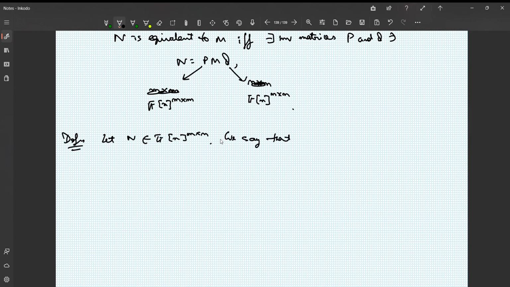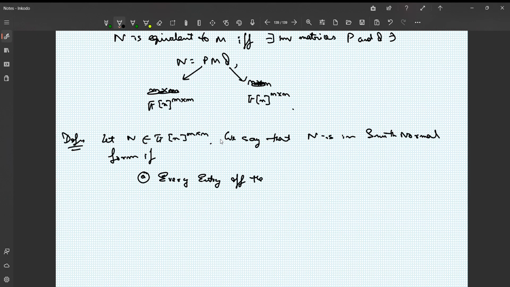Let N be a matrix over the polynomial algebra again. We consider an m cross n matrix. We say that N is in Smith normal form, or it's also often called normal form simply, if